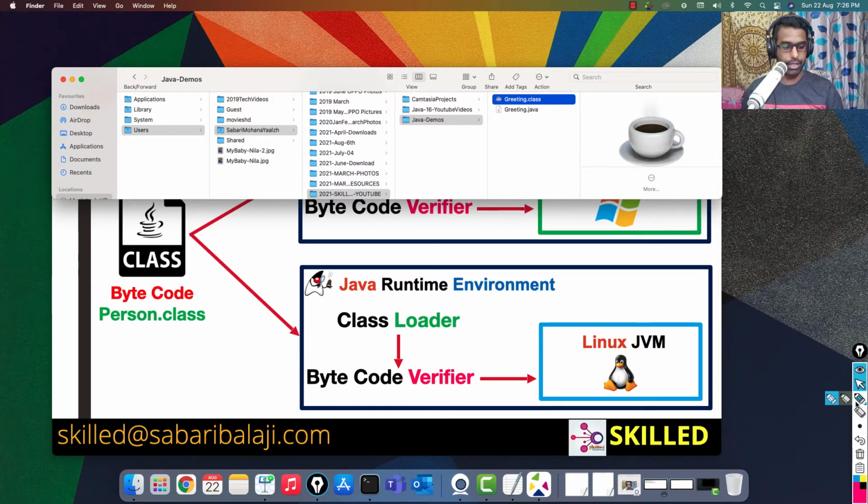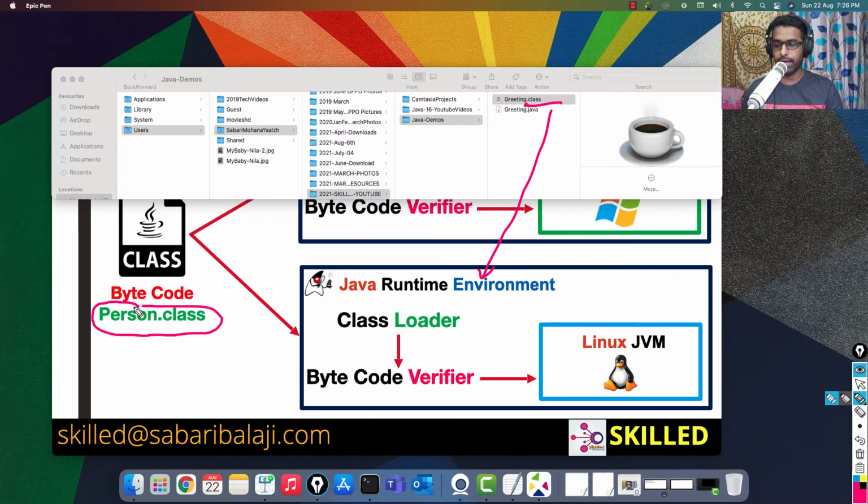So what this bytecode is going to do is, it is going to be handed over to the JRE. As I explained, the person.class got loaded into the JRE, and the same way the greeting.class is going to be loaded into the JRE. Now how do we load it into the JRE?